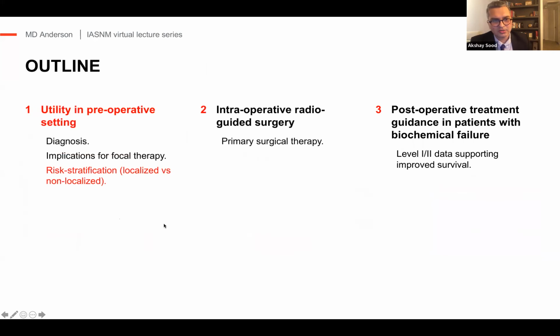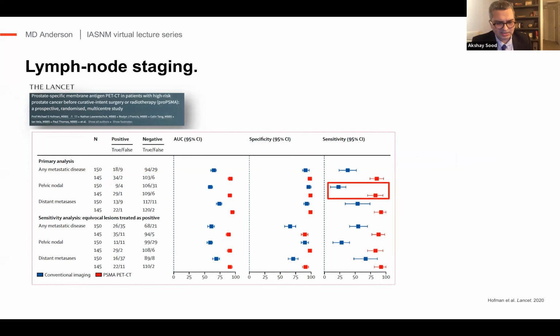Now moving on to the second part of the first section, how PSMA helps us risk stratify patients with prostate cancer. And like I said, Dr. Sabir, I think she did cover part of it last time, but I'll just focus on some of the surgical aspect of it. So we know this study by Hoffman et al. published in Lancet, which showed that